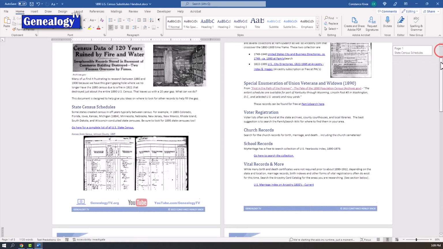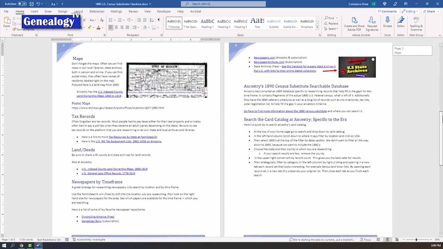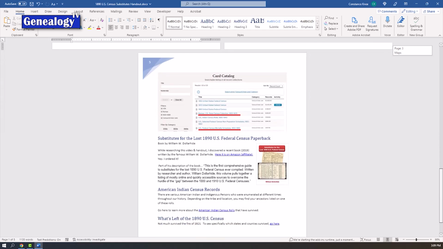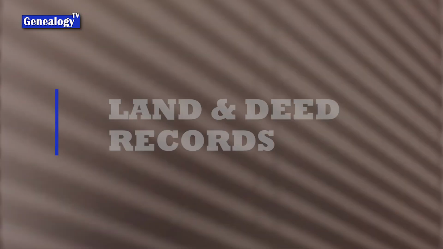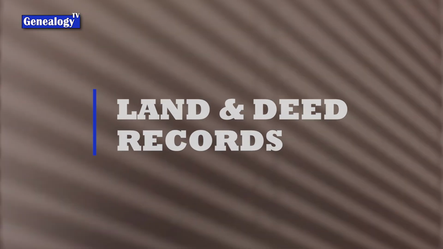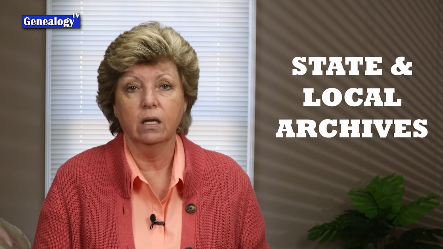In the handout, I've given you a link to some of the resources at FamilySearch, as well as the US IRS tax assessment list 1862 to 1918 on Ancestry. Land and deed records, be sure to check those out at your state and local archives as well.